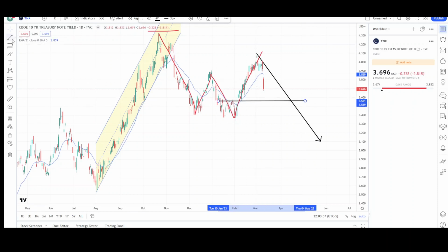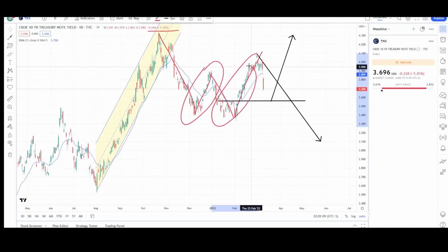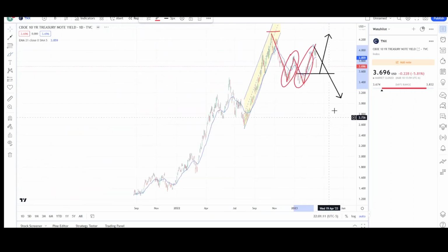So if we find support there, there's a good chance we see another leg higher, because on the macro scale, it looks like we just made one attempt higher, but on this micro scale, you can see that we had 2 attempts. This was the first attempt, and this was the second attempt. But if you zoom out